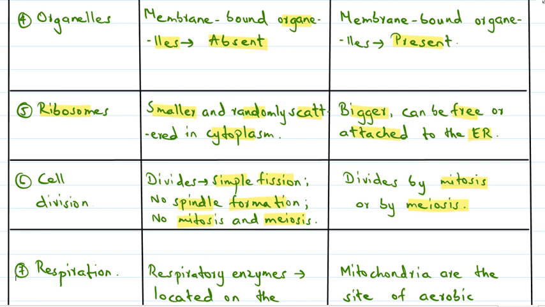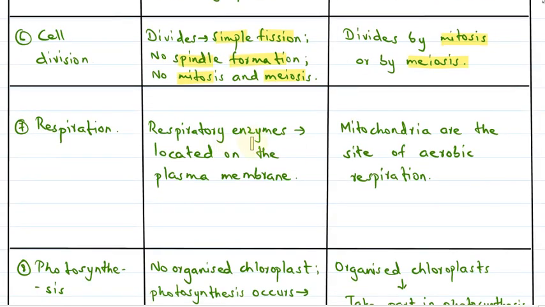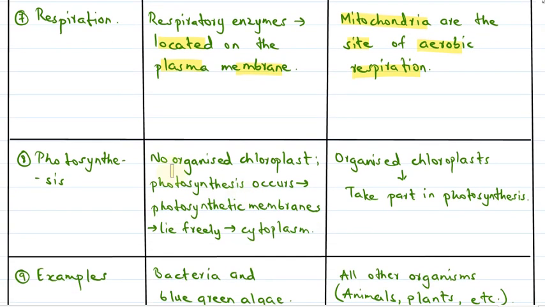Then we talked about respiration. So the respiratory enzymes in case of prokaryotic cells are located on the plasma membrane, whereas in case of eukaryotic cells, mitochondria are the main site of aerobic respiration. Then we talked about photosynthesis. So in prokaryotic cells, there is no organized chloroplast and the process of photosynthesis occurs in photosynthetic membranes that lie freely in the cytoplasm. Whereas in case of eukaryotic cells, they have organized chloroplast and they are the site